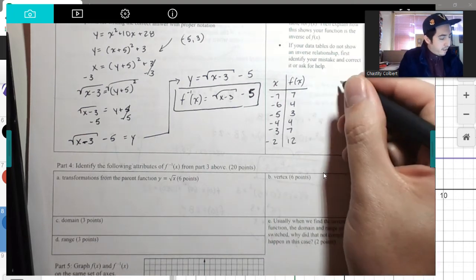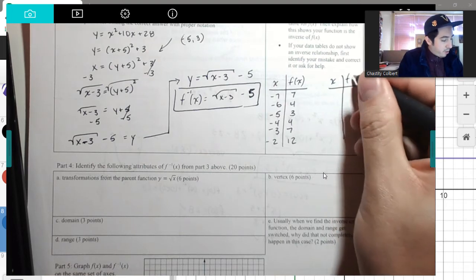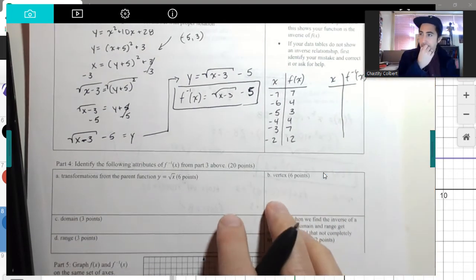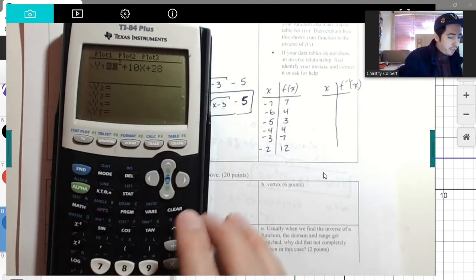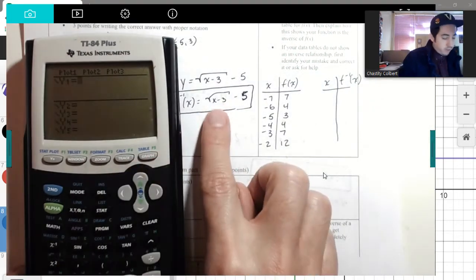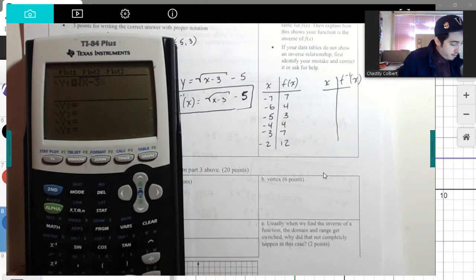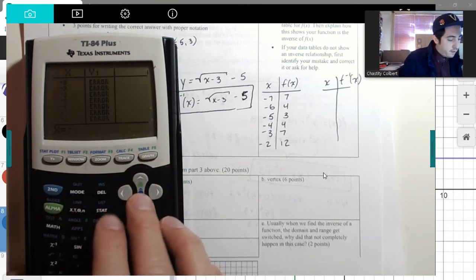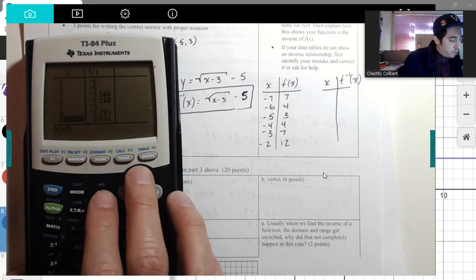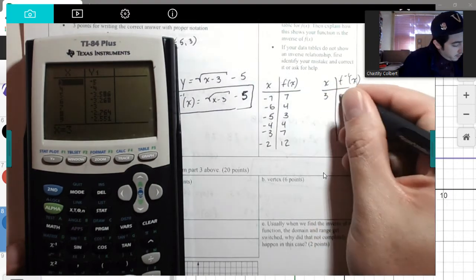Now let's look at a table for x and f inverse. Look at that table. So here we go. I'm going to go to y equals. I'm going to clear that. I'm going to put in this inverse here. So square root of x minus 3 minus 5. And let's graph that. Let's go to 3. So there's a value at 3, -5,